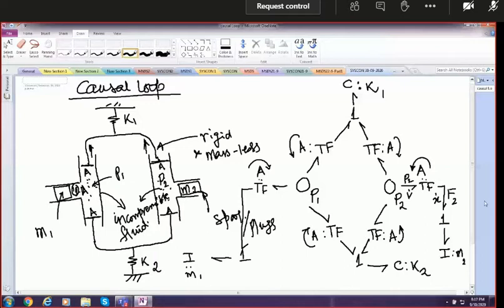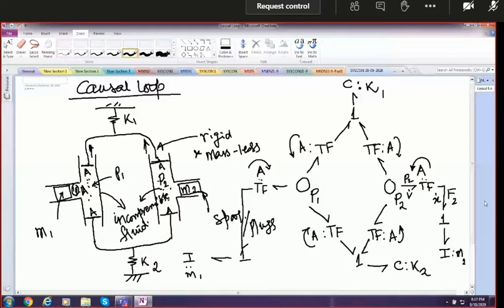Sir, shouldn't we model the pressure as a source of effort? Like you directly model it as zero. No, there is no source of effort. I have not put any pump or something. That pressure comes because of the motion of these things. Okay, some initial pressure might be there. The pressure will change because of these things. Then everything, like spring, I should model as a source of effort. This pressure is like a spring only.